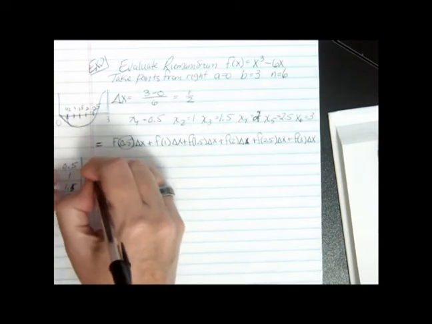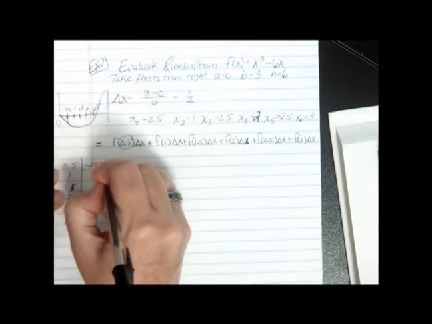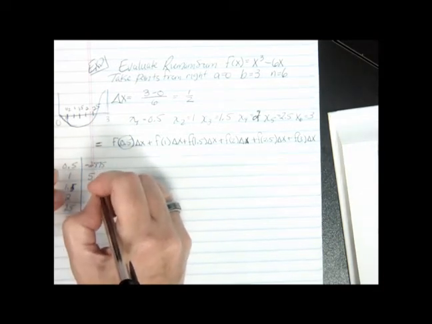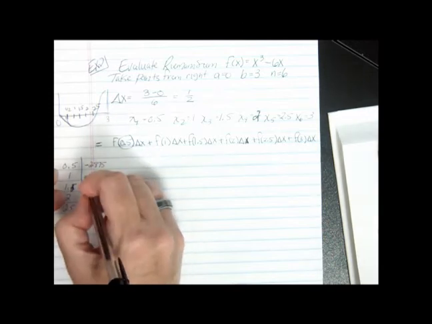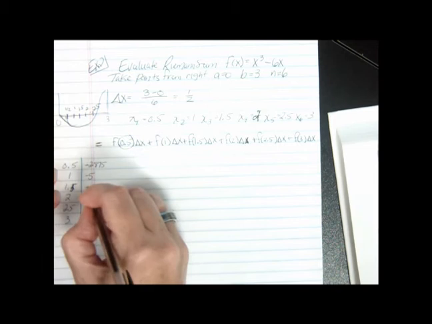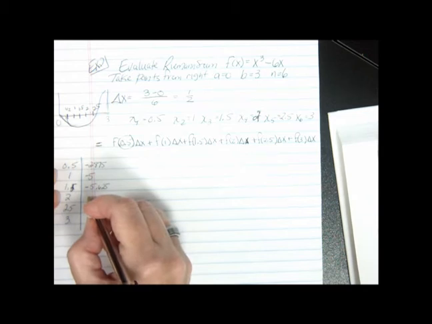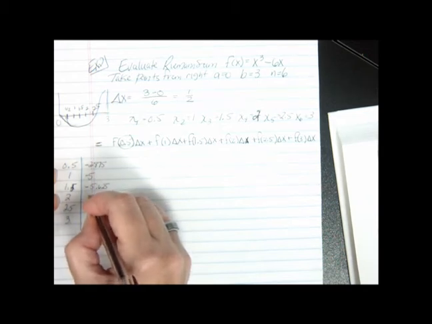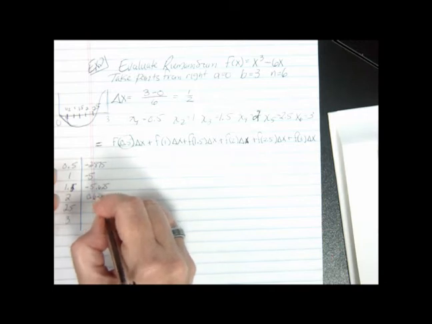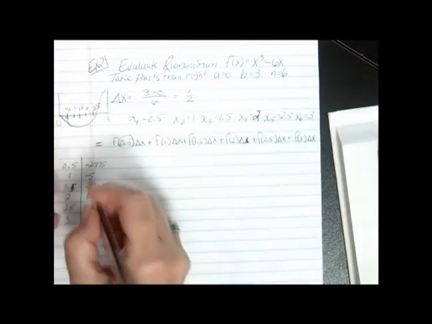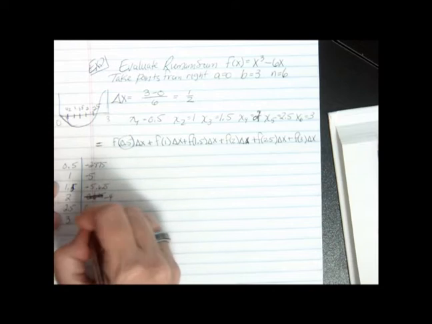negative 2.875. I'm going to get negative 5. That's a nice one. And I'm going to get negative 5.625. And then I'm going to get a positive 0.625 and positive 9. I skipped a number somewhere. What did I miss? Okay, this. Oh, I missed a minus 4, sorry. Okay,